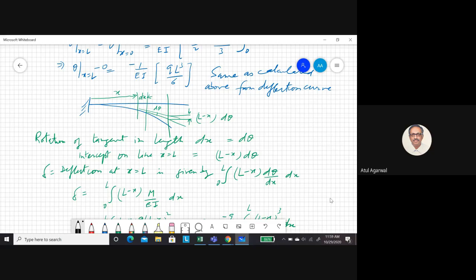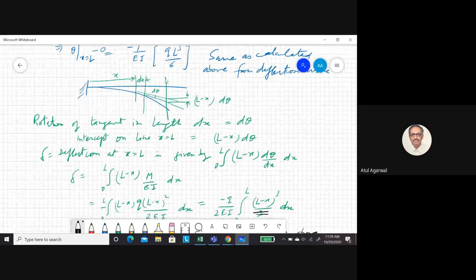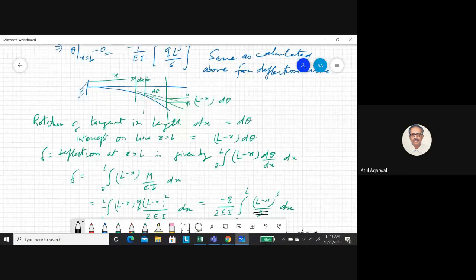Okay, I will explain. So total deflection here is, you see different tangents, you start with drawing tangents to this curve. So all those tangents will end up building up this deflection. So you have to integrate, you see, between two positions, you have a length dx, angle rotation is d theta. So this intercept becomes,